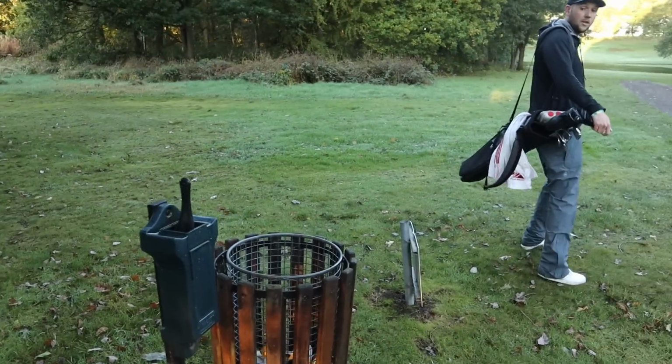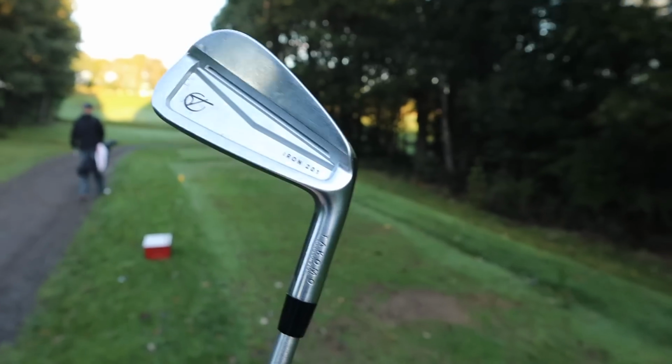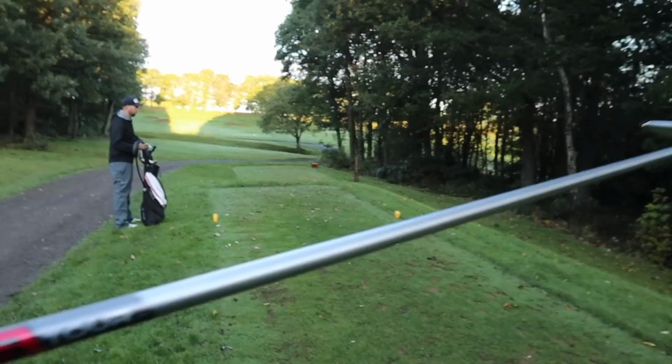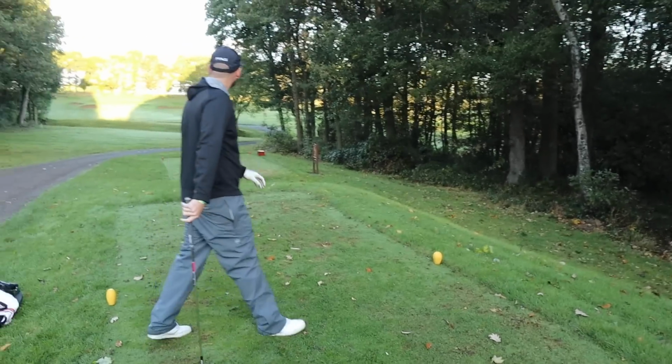Coffee done. Plenty of coffees in there. So it's about time we spoke irons. And you'll see in the bag I do have, at the moment, the Tacomo Iron 201s. Now, these are the budget irons that you can get for about 450 quid, I think. They've got Project X C-Taper Tour shafts in them, Lampkin grips on them, and a lot of people think that